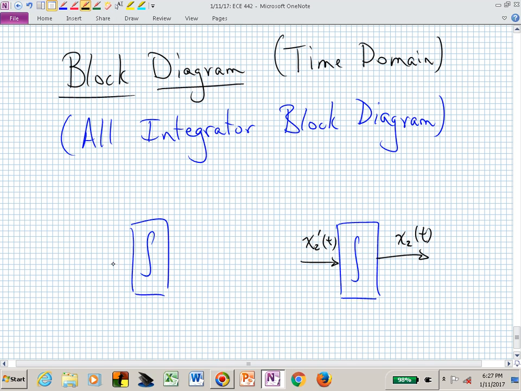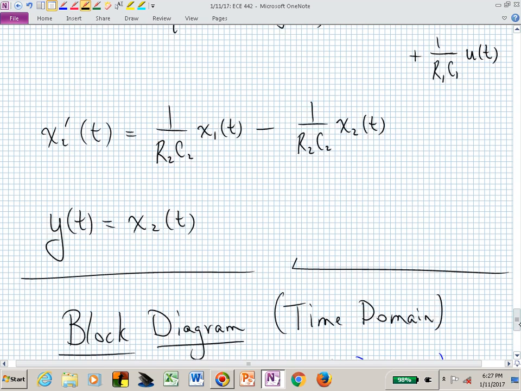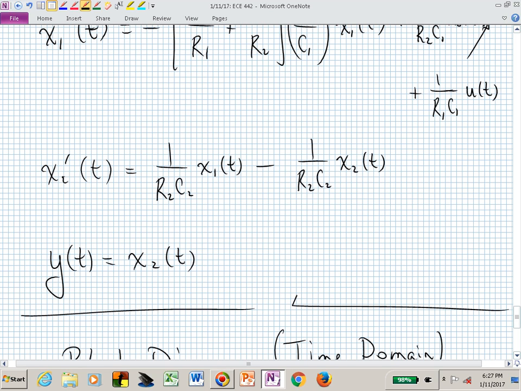And let me now put the other derivative into the leftmost integrator, so that coming out of that integrator is x1 of t. And what we want to do now is interconnect this so that x sub 2 prime